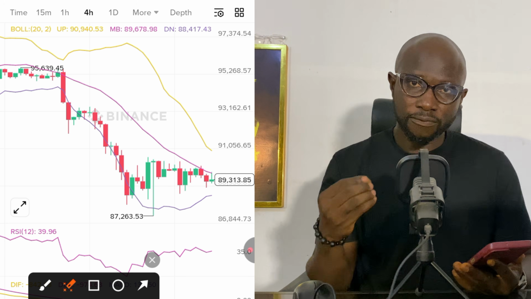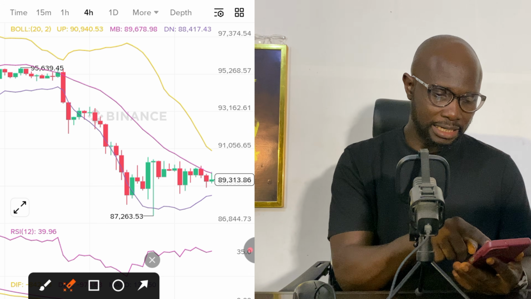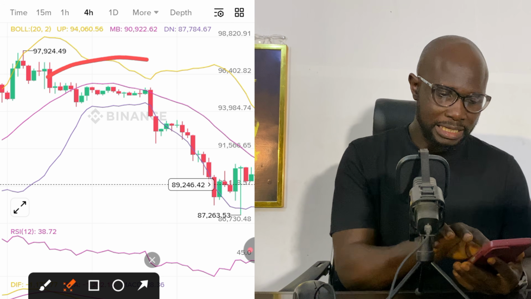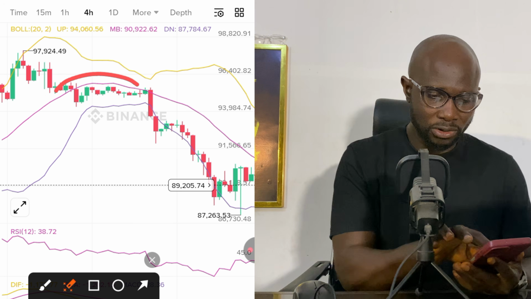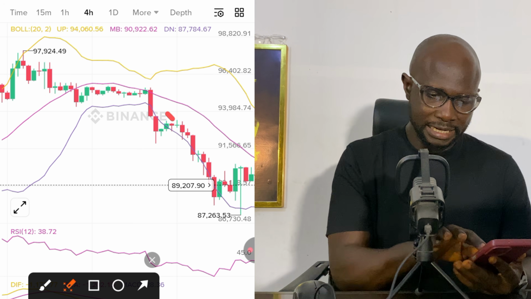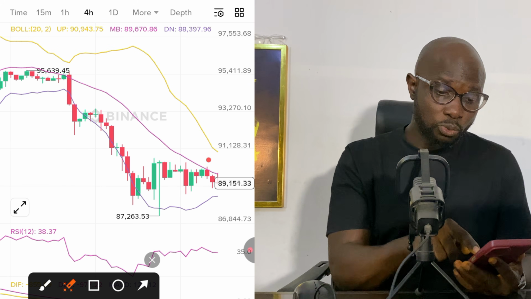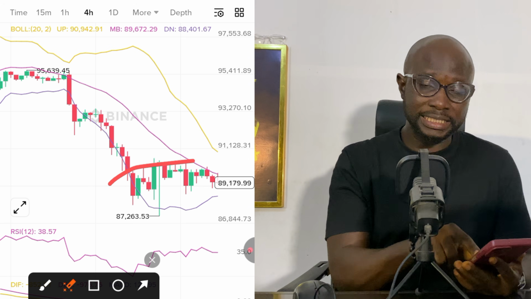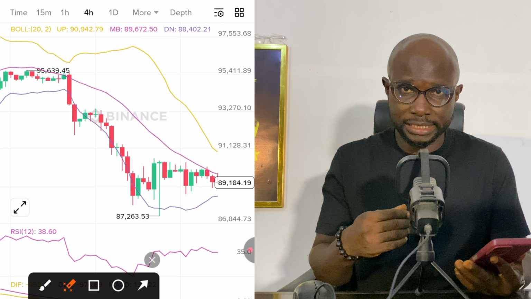We want more confirmation because look at this now. The market price dropped here. The market has been consolidating here for long, and the upper and lower Bollinger bands are wider here. Then the market dropped. When it drops, we know for sure that the market will still consolidate, to rest